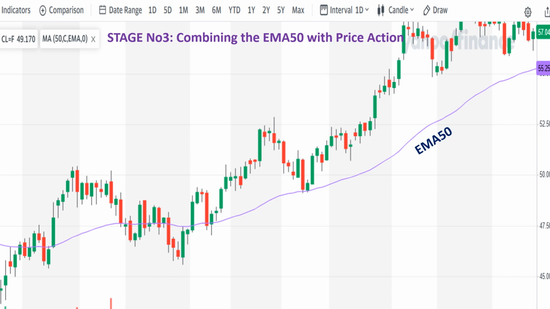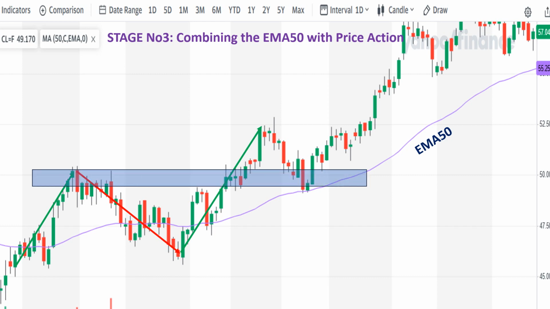As I have mentioned earlier, I encounter challenges when I solely rely on various moving averages in my trading journey, struggling to transition from break-even trades to consistent profitability. Now let's delve into how you can elevate your trading skill by combining the 50-period exponential moving average with price action. When the price undergoes an upward surge followed by a pullback, and subsequently the second push-up breaks through the prior